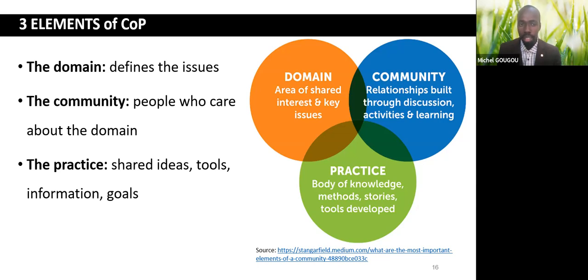Then the practice, the fact of sharing ideas, tools, information, goals, and also, very important, based on the body of knowledge that you share with the peers. You can share methods, stories, tools developed, and so on, just in order to enhance each other's skills. Then we see now on the next slide,